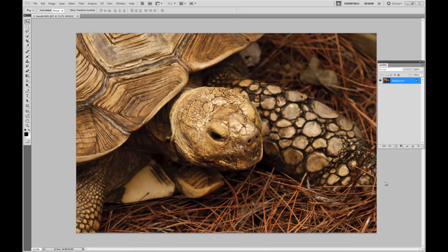Now what I want to do is add just a little more punch to this image, and we're going to do this with a software program called Efex Pro. Now Efex is usually for a black and white conversion, but we're going to do something a little bit different to enhance our image. I'm going to right mouse click on the background layer, and I'm going to convert it to a smart object. Now from here, I'm going to fire up Efex,